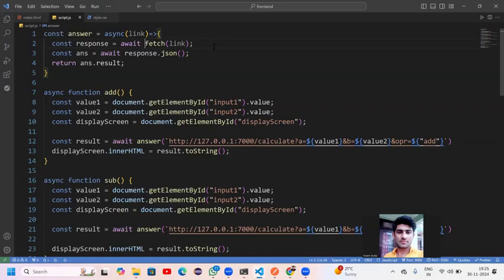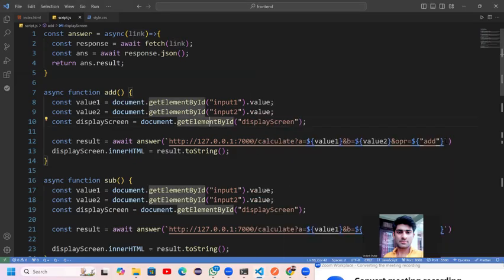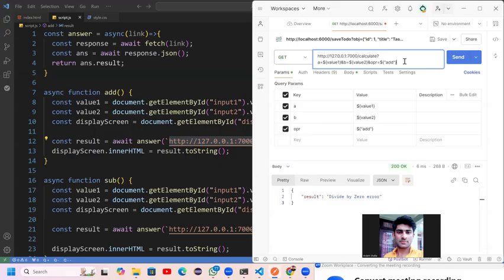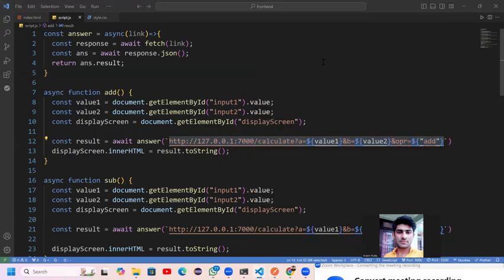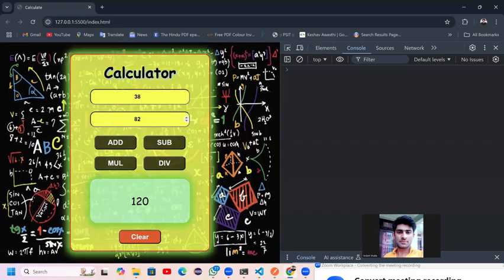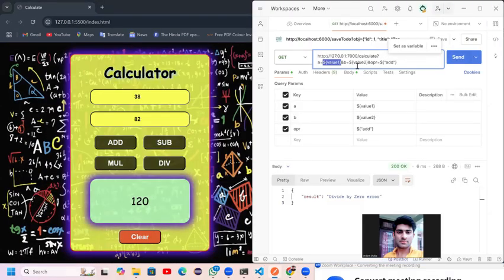तो फेच क्या कर रहा है, फेच मेरी जो लिंक हमने यहाँ से पास की है, उस लिंक के अनुसार मुझे आउटपुट देगा। जब मैं पोस्टमैन के थ्रू यही लिंक यहाँ से कॉपी करके पेस्ट करूं, बस चेंज इतना होगा कि ये डायनेमिक लिंक थी, तो मुझे वैल्यू डालनी पड़ेगी। तो लेट्स से मैं दो वैल्यू डाल लूँ, 38 और 82।